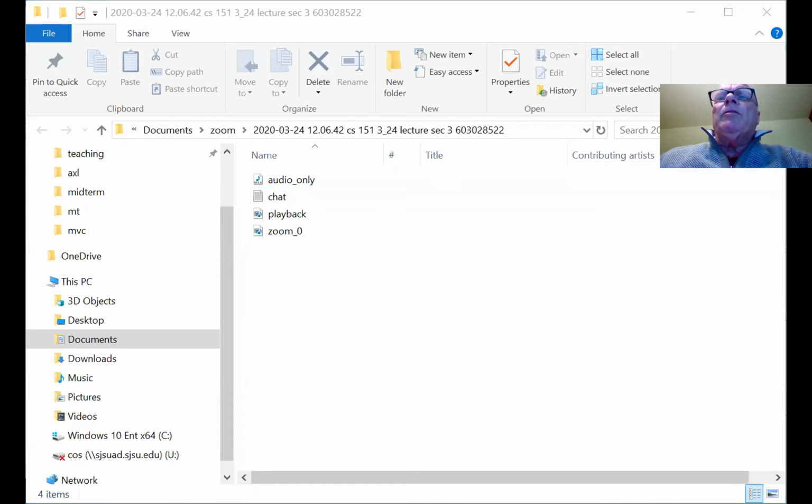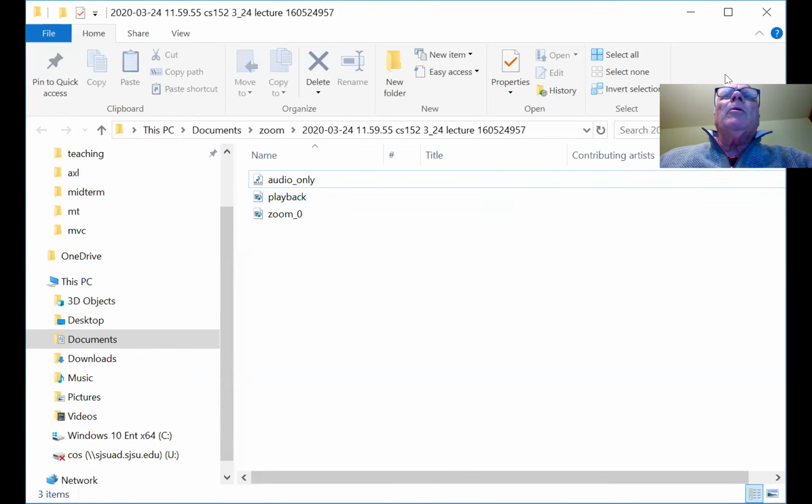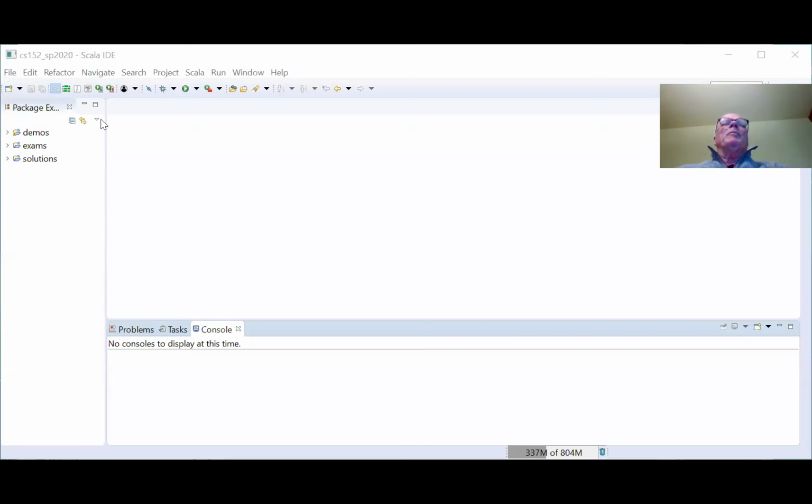Is Eclipse running? Maybe this is Eclipse. No. Just go away. Screen share. Let me try this again. Oh, this looks like Eclipse. Okay. All right.